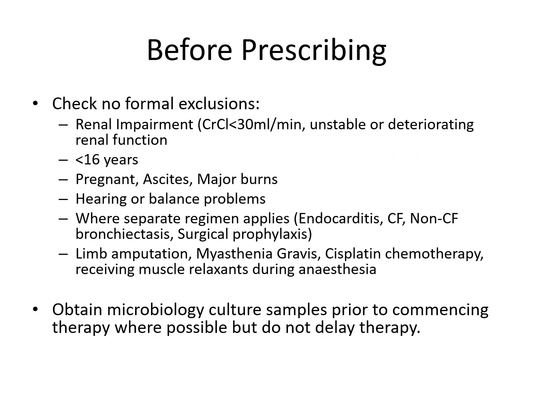In addition to making a clinical judgment about whether the risk of AKI is a reason not to prescribe gentamicin, you should also consider the formal exclusions to prescribing gentamicin. So anyone with a creatinine clearance of less than 30 mL per minute, or who has unstable or deteriorating renal function, should not be prescribed gentamicin. Equally, we don't use it in patients less than 16 years old. We don't use it if patients are pregnant, if they've got ascites or have a major burn, if they already have known hearing or balance problems,